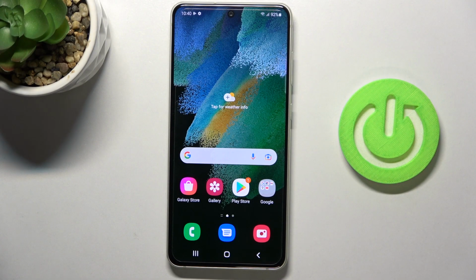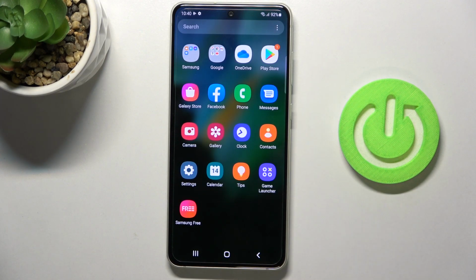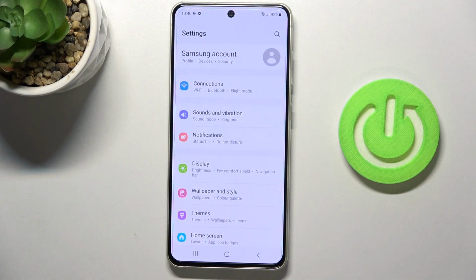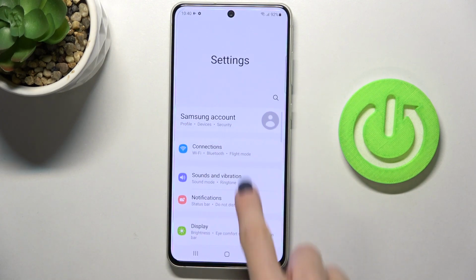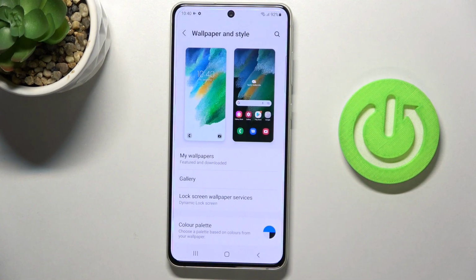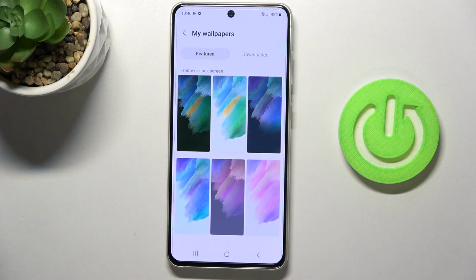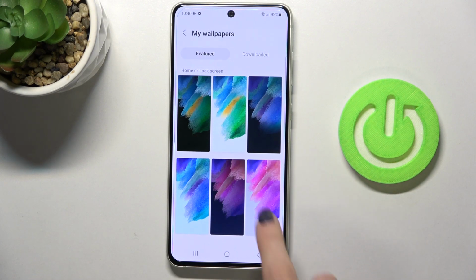In front of me, Samsung Galaxy S21 FE 5G, and let me show you how to change wallpaper on this device. So first of all, enroll the list of all apps, go to settings, then find and select wallpaper and style, and here click on my wallpapers, and just pick the one that you would like to apply, for example this one,